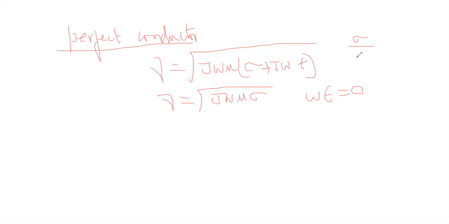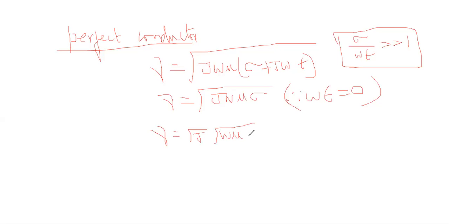From the condition, sigma by omega epsilon is greater than 1, the conductivity is more here. Since omega epsilon is equal to 0, gamma we can write as under root of j and under root of omega mu sigma. What is under root of j? It is 0 plus 1j. When you convert into polar form, 1 with an angle of